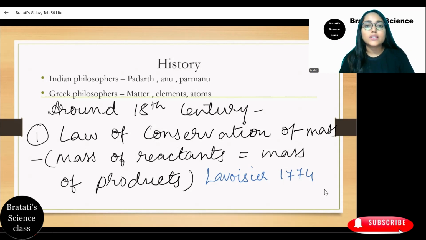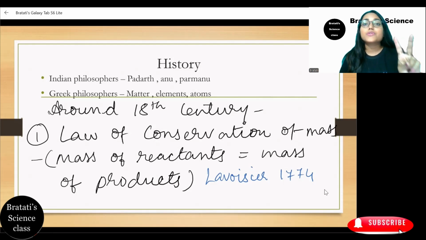So after some time, the Greek philosophers also said that yes, it is the matter that we already spoke about in the last two chapters, in chapter number 1 and chapter number 2. Matter is any object that has mass and occupies space. Every matter is made up of small particles called molecules, and if we break the molecules, they are further broken into atoms. These atoms take part in all the chemical reactions and it is the smallest part, we cannot break it further.